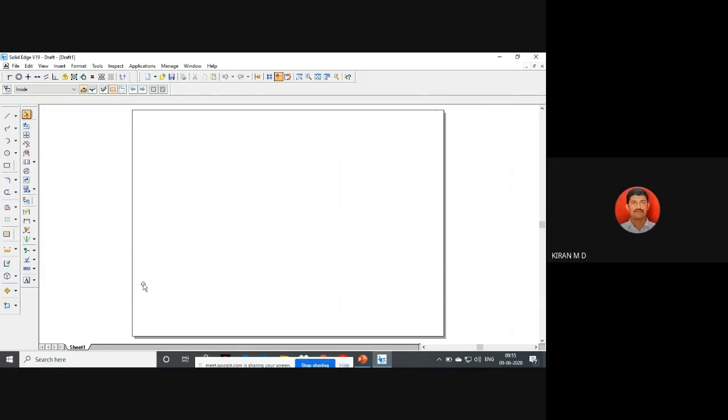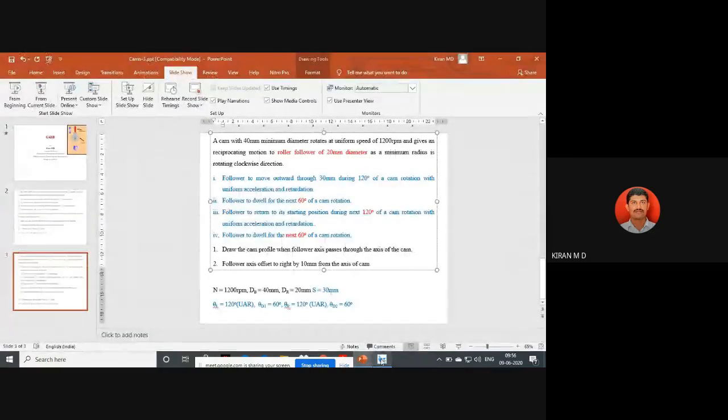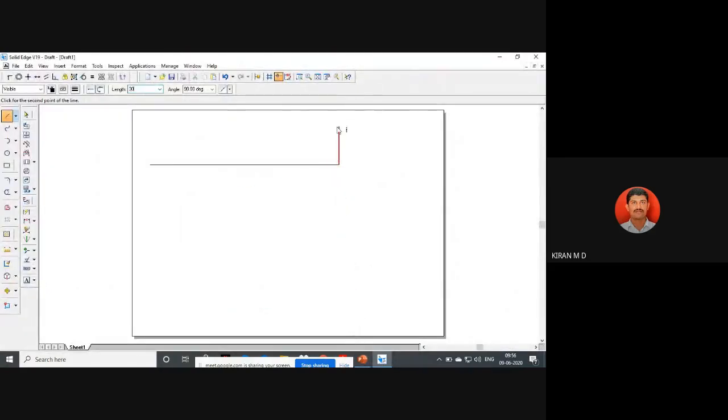Yes, sir. Okay. So now, as I told you, we are going to draw the displacement diagram using just one rectangle box. The length of the rectangle box is the angle and the height is the stroke. For 360 degrees, it is feasible to consider 2 degrees equal to 1 mm. So I will use the line command and draw a 180 mm line. Then the height is the stroke, which is 30 mm, right? So 30 mm height.